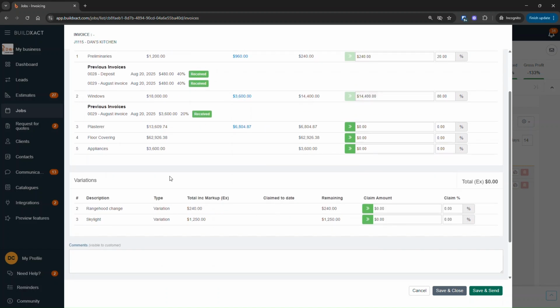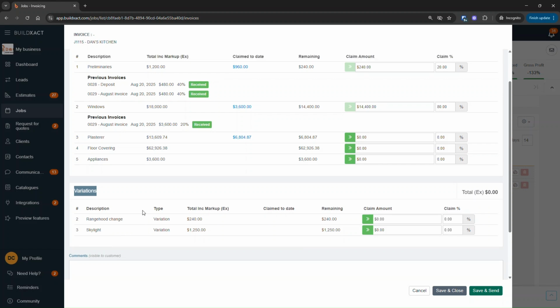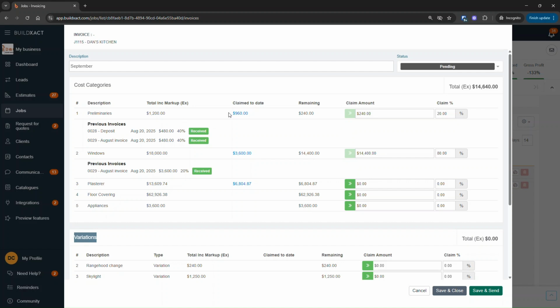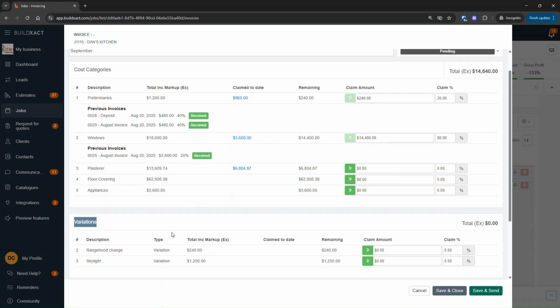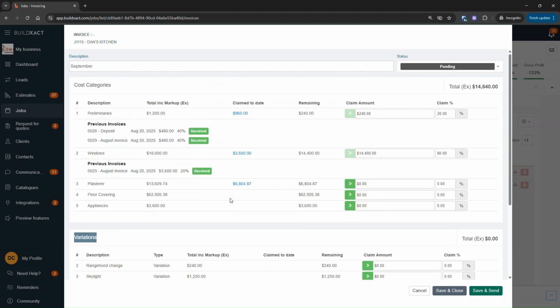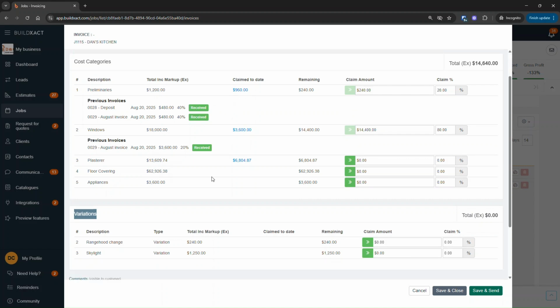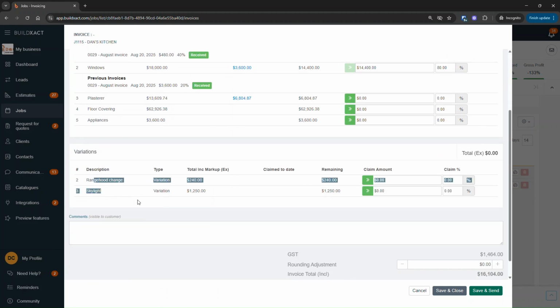An extra point here, in this project, I had some variations, and in completion percent invoicing, all variations sit separate in their own kind of grouping. The reason for that is the cost categories we're looking at. This is what was originally budgeted in the estimate, and hence, as a variation comes in, we don't adjust that category. We set it off to the side so that we get this really clean understanding of what was the original budget, how much have we done so far, and then variation just covers all the side add-ons. Same thing, you can draw these down as like a half claim or a whole claim, just depends what you